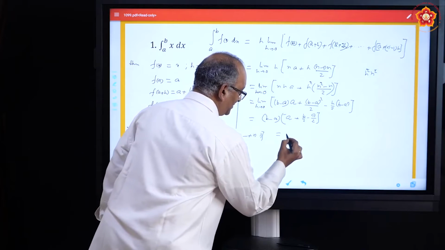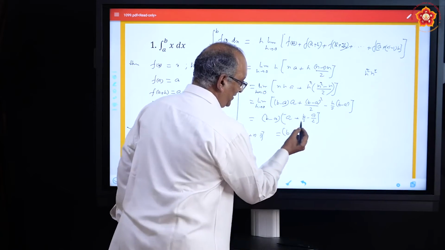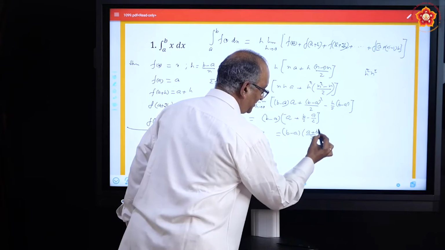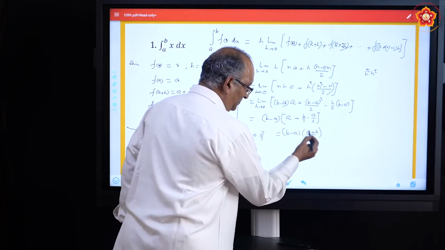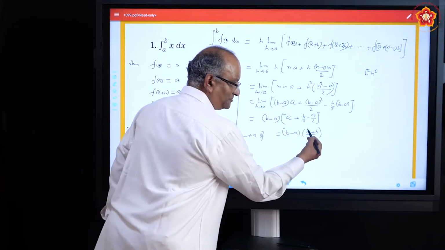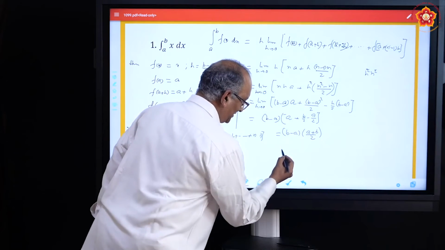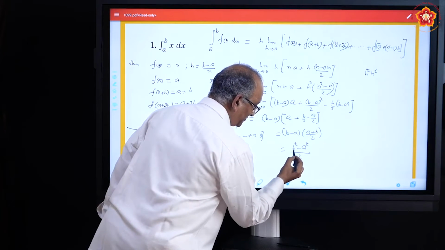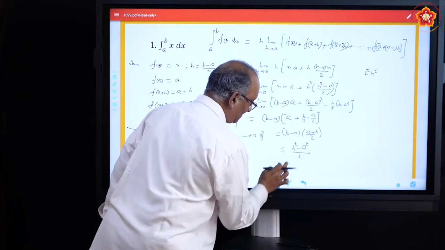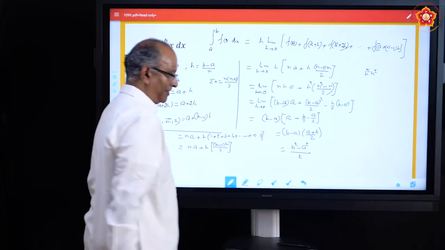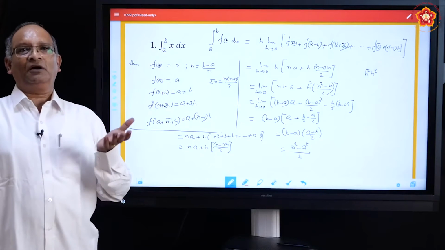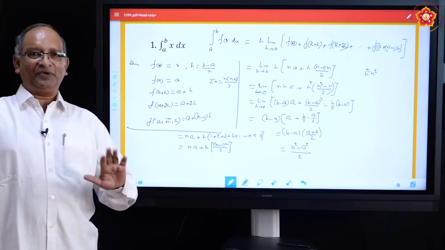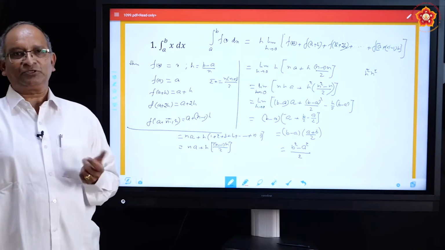So this is b minus a, and here a minus a by 2 is a by 2, so you will have a plus b by 2. What is a plus b or b plus a into b minus a? a plus b or b plus a is the same. So b minus a into b plus a can be written as b square minus a square by 2. This is the answer. So this is how very patiently we need to solve these problems. Now since you got some idea, as we move to the next problem, you will find it easy. So let us move to the next.